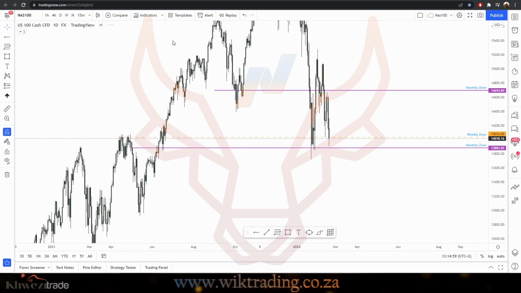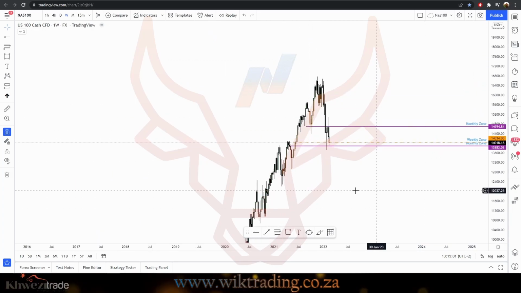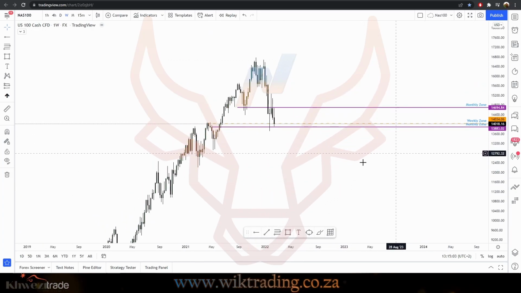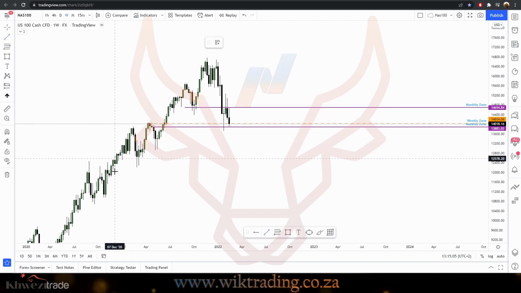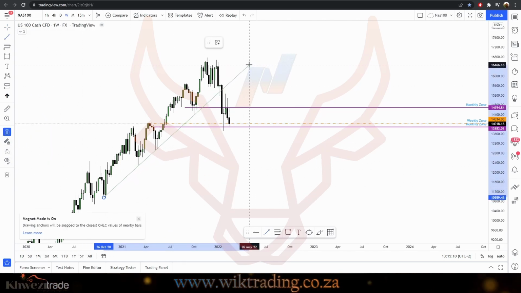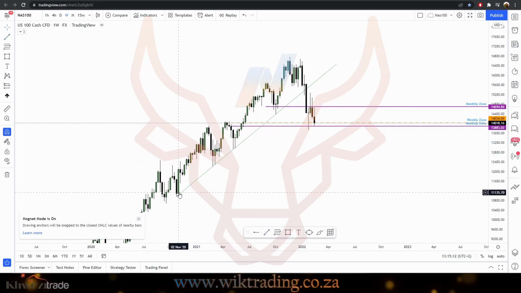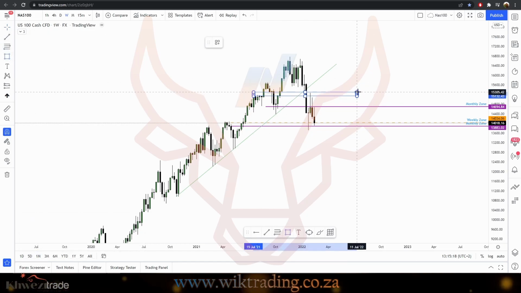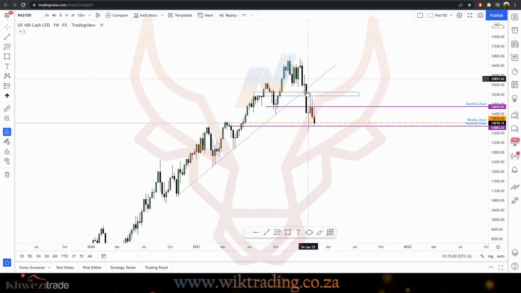Going back to the weekly time frame, just to have a look what we can see on the chart. First of all, let's just drag out our trend line that we have been using for quite some time now already. As you can see, tested, boom, broke out. Not a perfect retest of this area, but we do have this specific zone here that's been retested as the